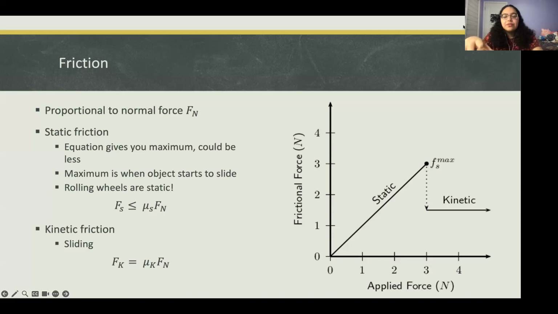And at that point, your frictional force is lower, and the object is sliding because you're applying a force that's greater than the friction trying to hold it back. So it'll be accelerating forward. And so that kinetic friction is going to be constant. So no matter how much force you keep applying, it'll just be that constant. It looks like, I don't know, 1.5 Newtons, even if you're applying 4, 5, 6 Newtons on it. So hopefully that makes sense.